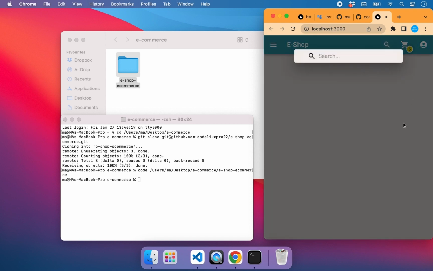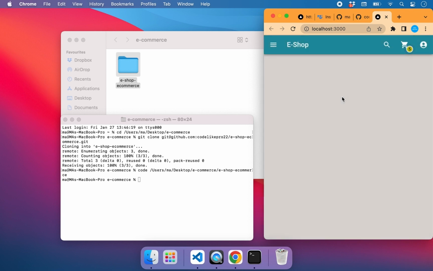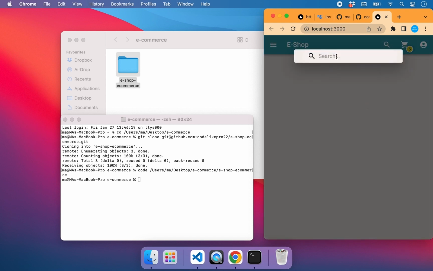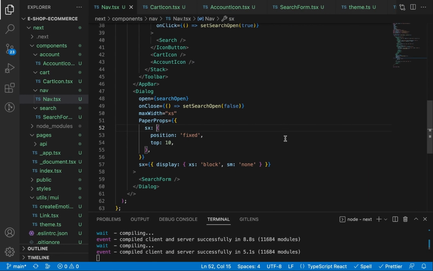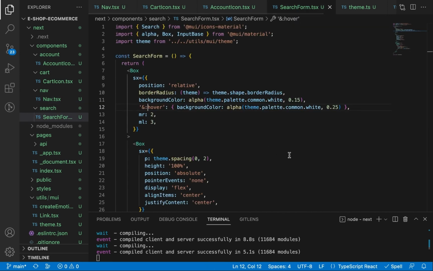But we have a problem here. When we open the search input, the focus is not on the search input. We can't type inside it unless we click first inside this search input. We need the typing pointer to appear automatically inside this input when we open it. So let's go to our search form component